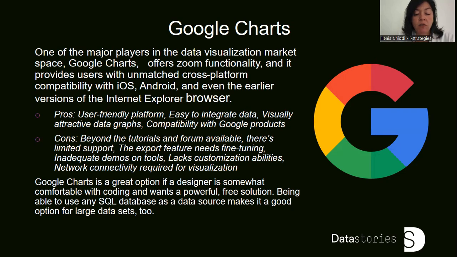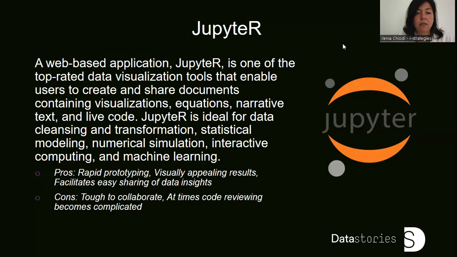It is specifically for creating interactive charts for embedding online. It works with dynamic data and it works in browser without the use of additional plugins. There are a variety of chart types, and these charts can be customized completely. But Google Charts is a great option if a designer is somewhat comfortable with the coding and wants a powerful free solution. The second is Jupyter, that is a web-based application and is one of the top-rated data visualization tools